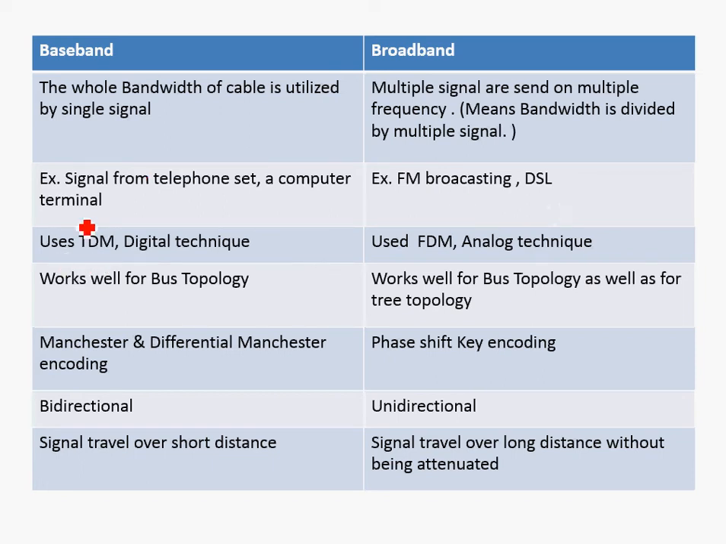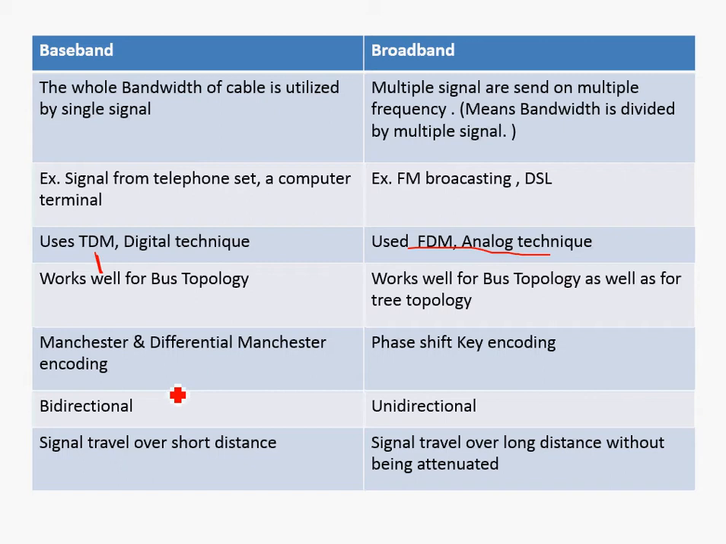We see baseband uses a digital technique, and the digital technique uses time division multiplexing. Time division multiplexing and frequency division multiplexing are used in broadband because it uses an analog technique. Now the next difference: baseband works well for bus topology, whereas broadband works well for bus topology as well as for tree topology. Manchester and differential Manchester encodings are used in baseband, and in broadband there is